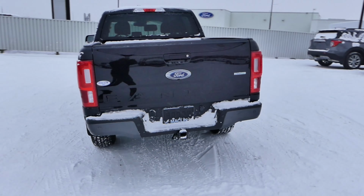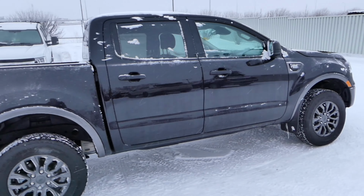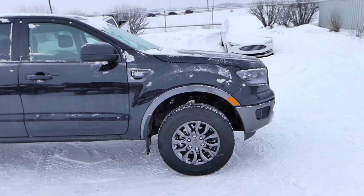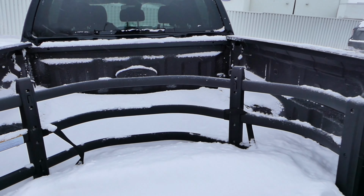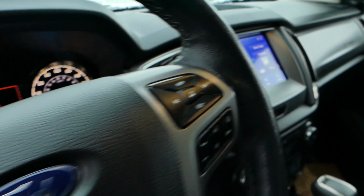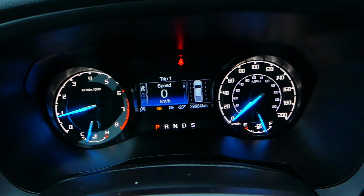It is very well maintained. It is a local Alberta vehicle with absolutely zero accidents. It comes packaged in the XLT trim with a 301A equipment group. It comes in the Sport package, which is powered by a 2.3 liter EcoBoost engine. It comes with a full sprayed bed liner, cloth interior, huge display screen,